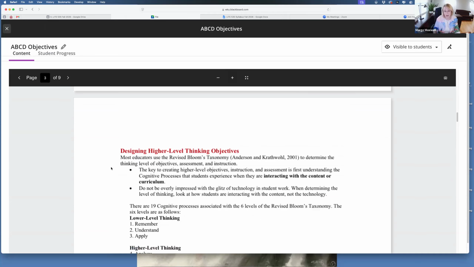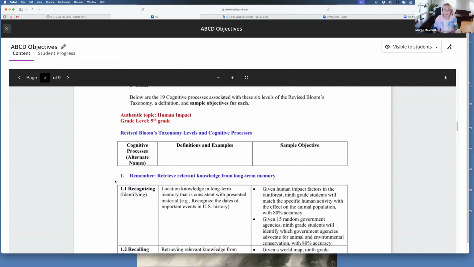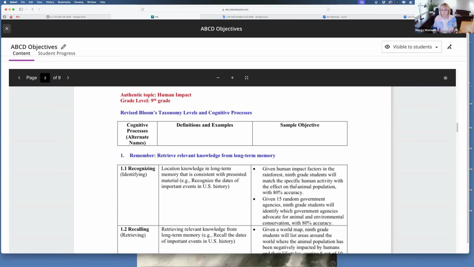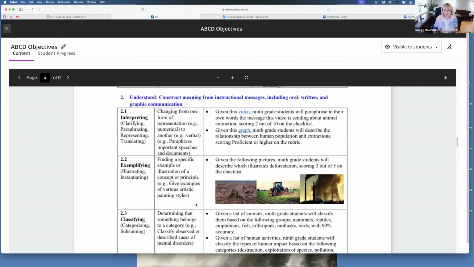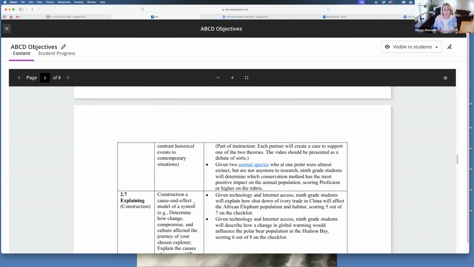I do want to point out farther down, though, designing higher level thinking objectives, because this goes and gives you, remember the Bloom's activity that you did, it gives you that worksheet pretty much with some example objectives, not activities, but it gives you sample objectives over here. So you're definitely going to want to scroll down to